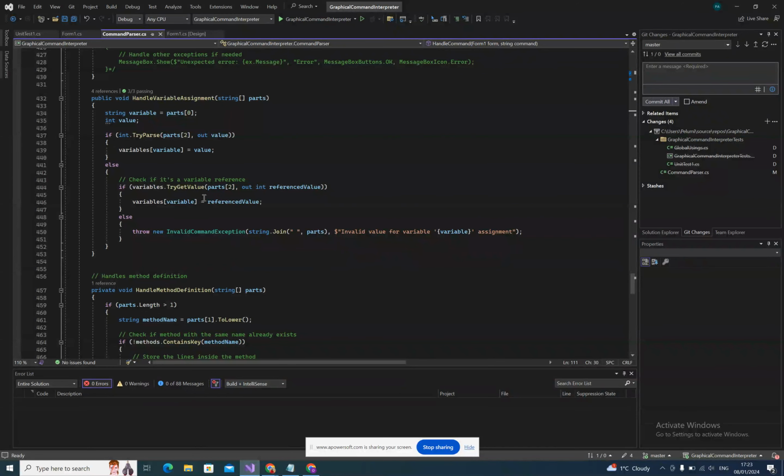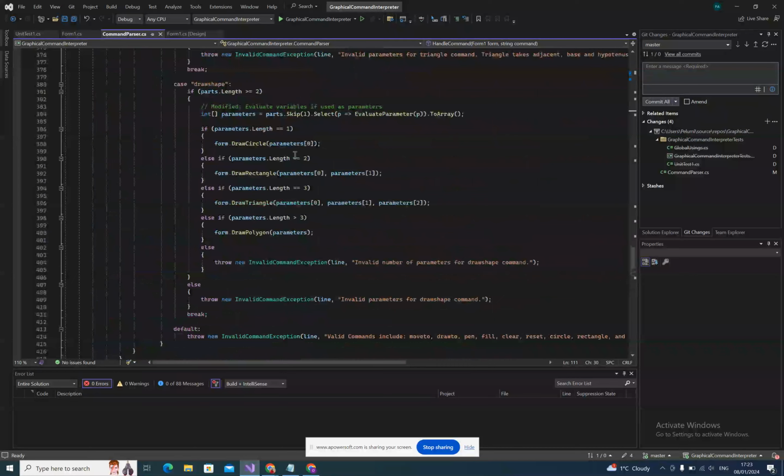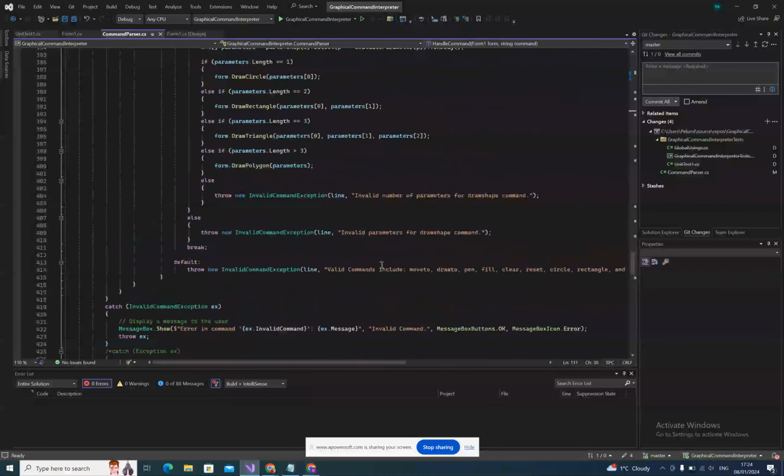So it gets the value a user enters into the program and stores it as the value, and then uses it basically for every